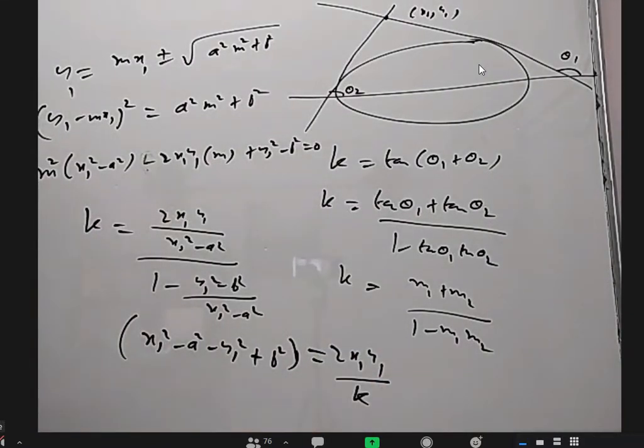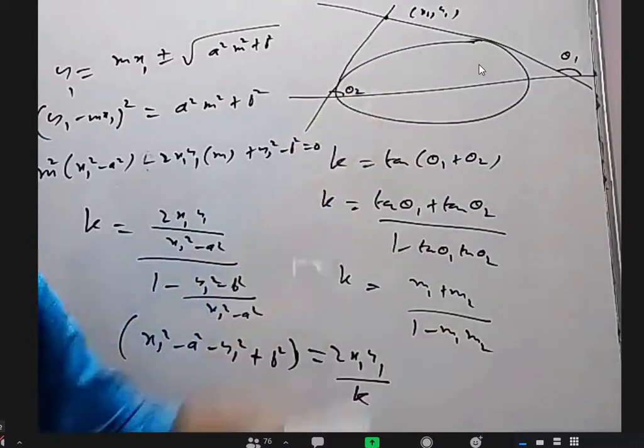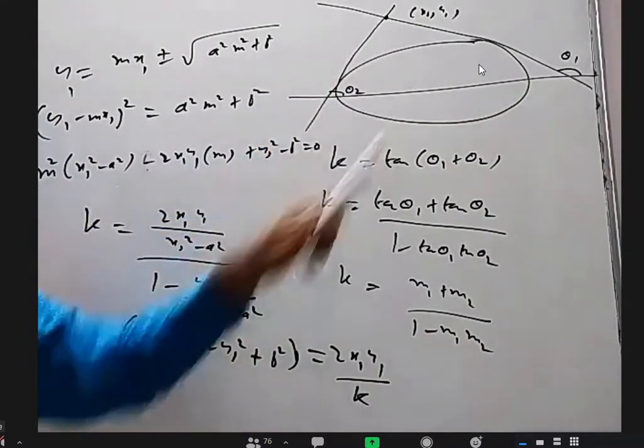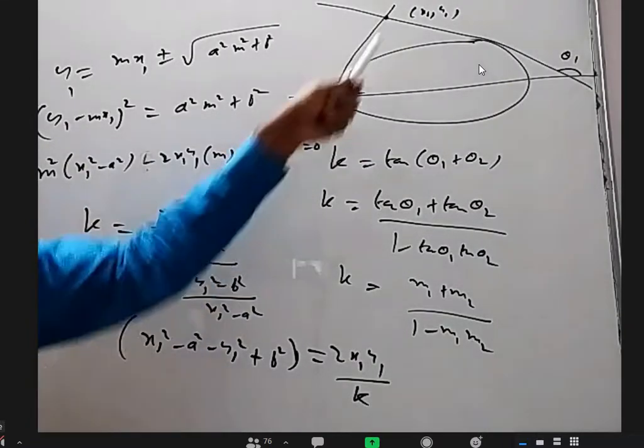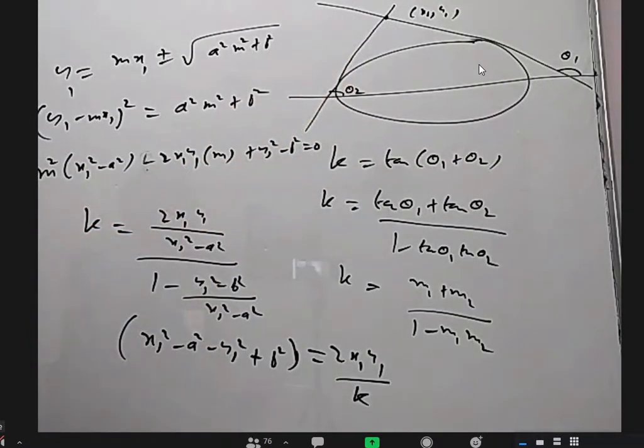All right. Earlier we did some questions where the sum of these two slopes is constant. What is the locus? Product of these two is constant. What is the locus? Sum of the reciprocals of these two slopes is constant. What is the locus? Or if this angle is alpha, what is the locus? Like that. When this angle is alpha, theta 2 minus theta 1 is constant. Yeah, theta 1 plus theta 2 is constant. That's all. Is it okay? Yes, sir.